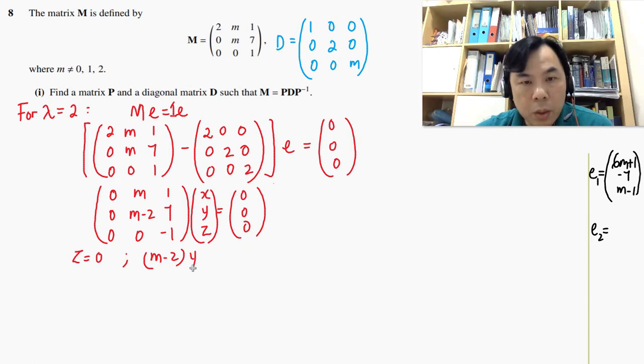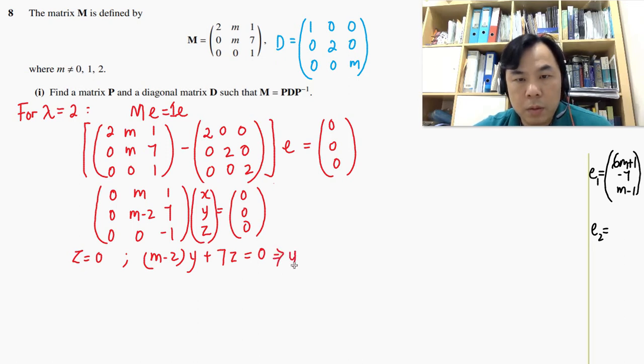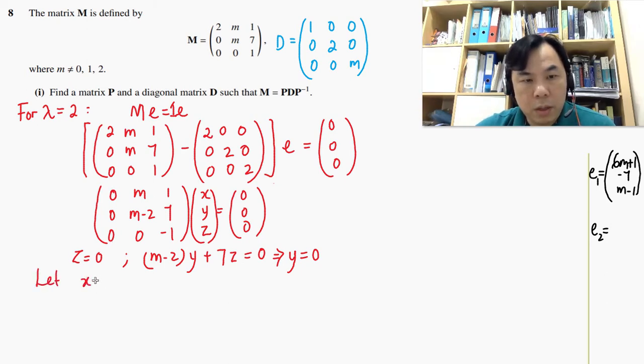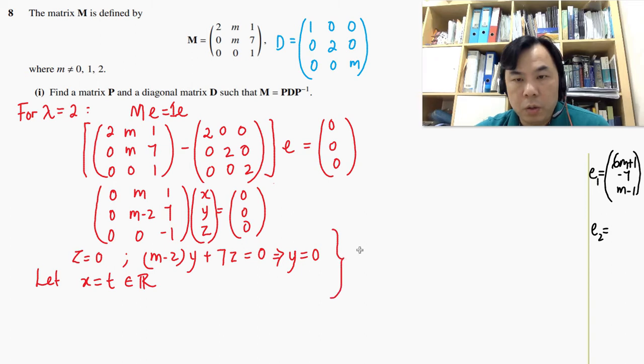So that is y plus 7z is equal to 0. Now because z is equal to 0, indirectly y must be equal to 0. Then for the last equation, we have no information about x. So here we can just let x equal to t, where it could be any real number. Therefore, from here we can conclude